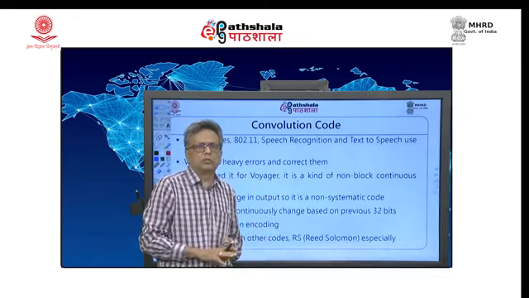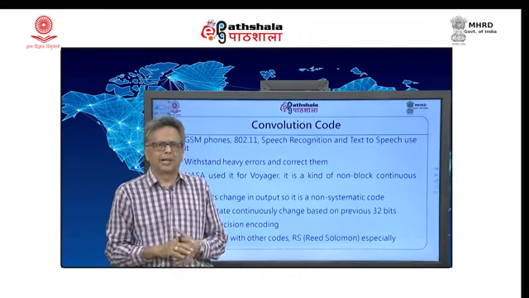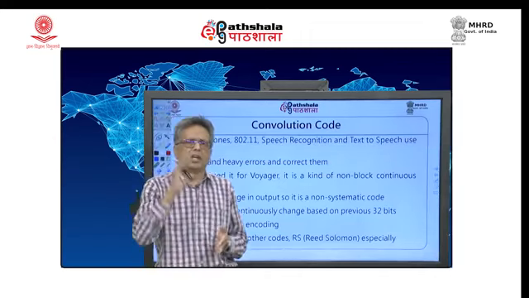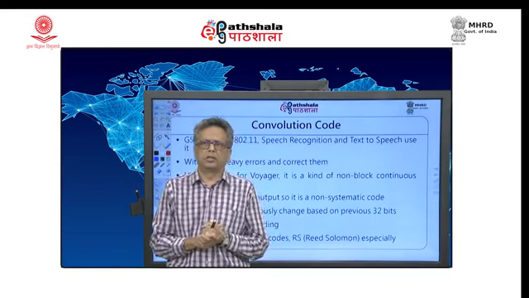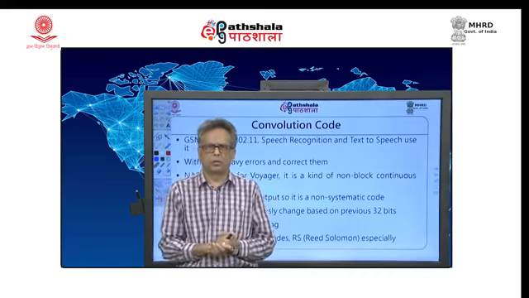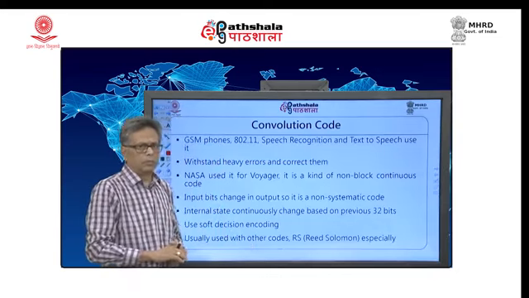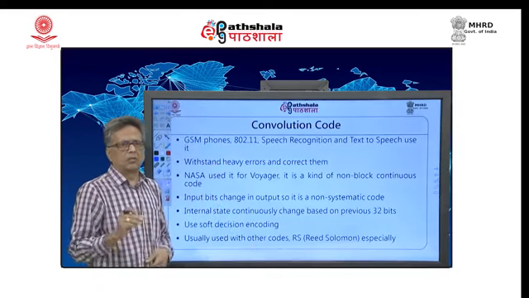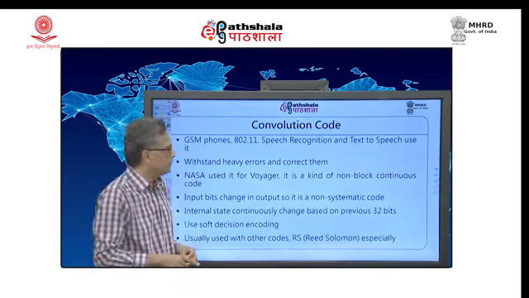We will begin with a code called Voyager code or convolution code or NASA code. There are 3 different names. NASA gave this code for Voyager when they started that mission, and later on they allowed others to use it, and it is open source now. So, anybody can use it. It is a very simple code, but very powerful, which could correct single bit errors with very high probability.